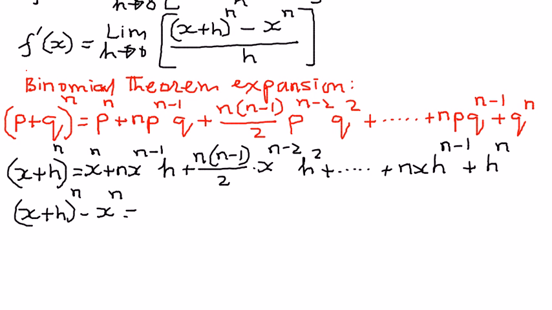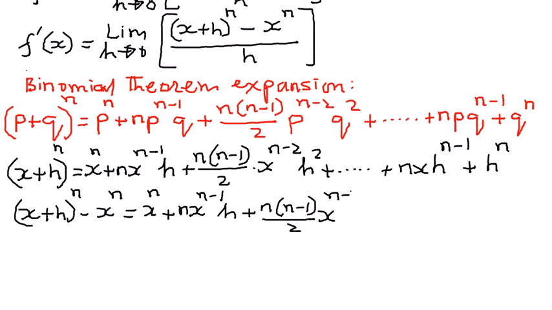We're going to write this as x to the power of n plus n x to the power of n minus 1 times h plus n times n minus 1, the whole thing divided by 2, x to the power of n minus 2 times h to the power of 2 plus several terms plus n times x times h to the power of n minus 1